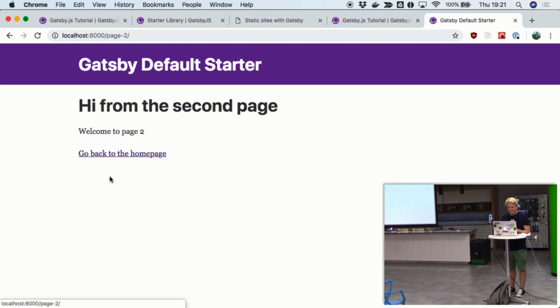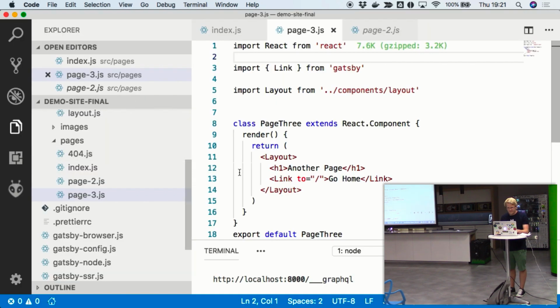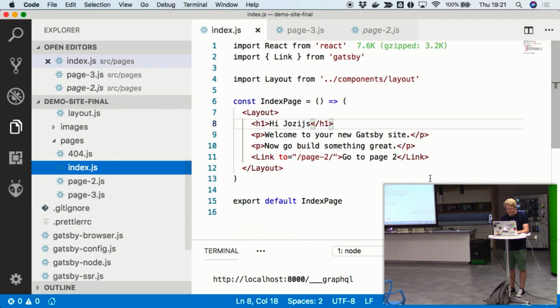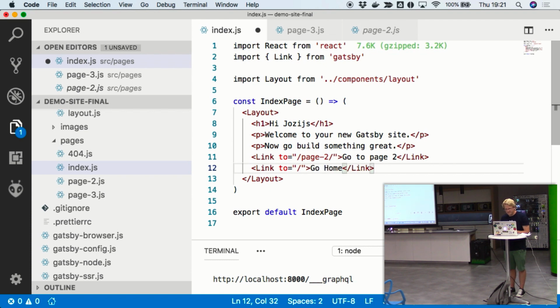Cool. So, and then I need to put a link on the home page to get there. So we can just quickly put a link, and then I go to page 2. Three.